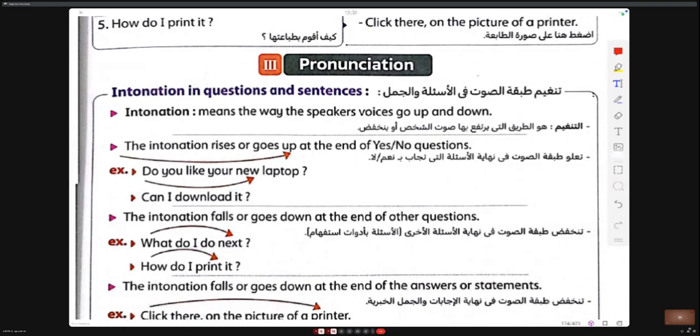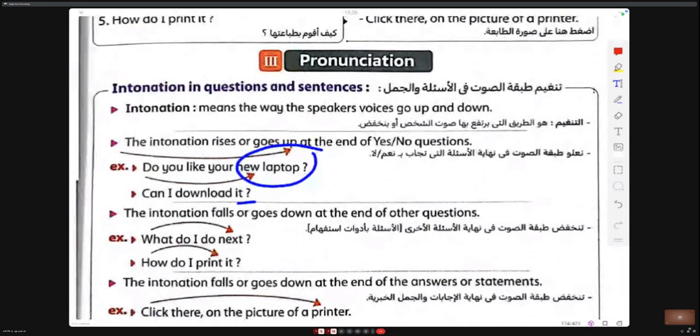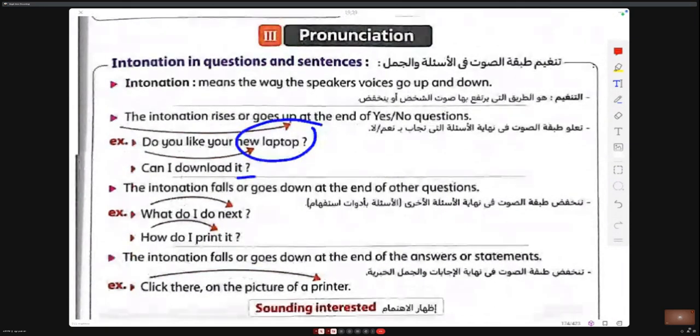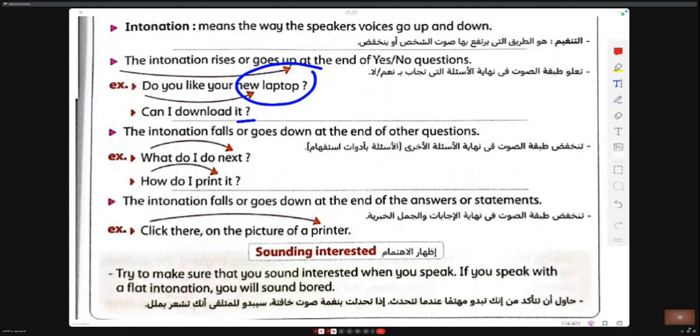So my voice goes up at the end of the question, especially if it is a yes or no question. Can I download it? My voice comes up at the final word. What do I do next?